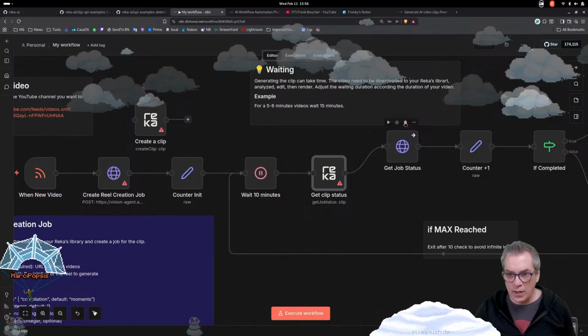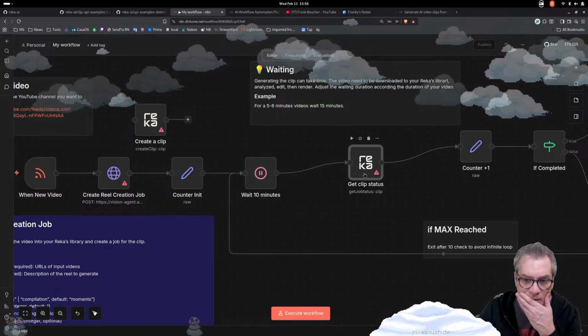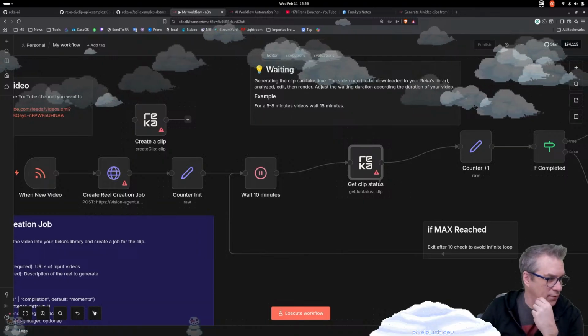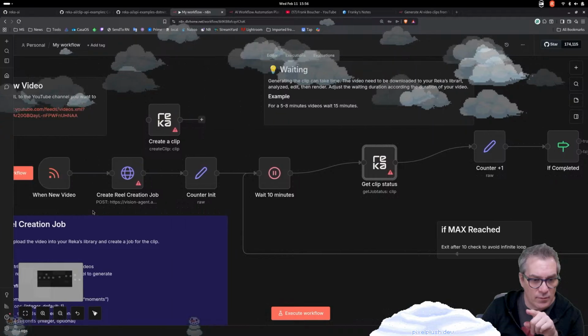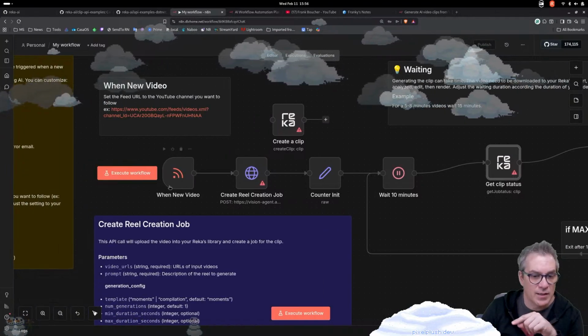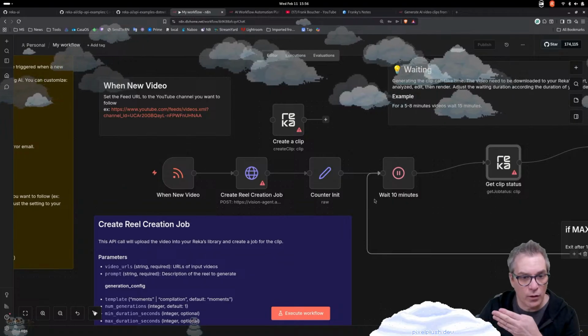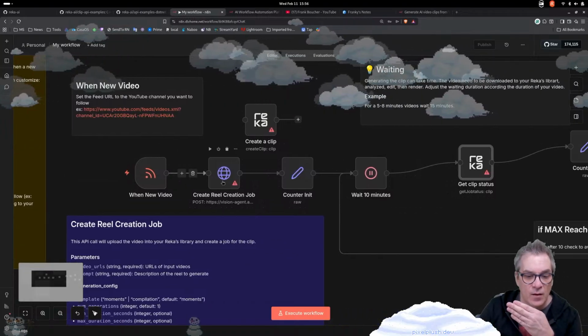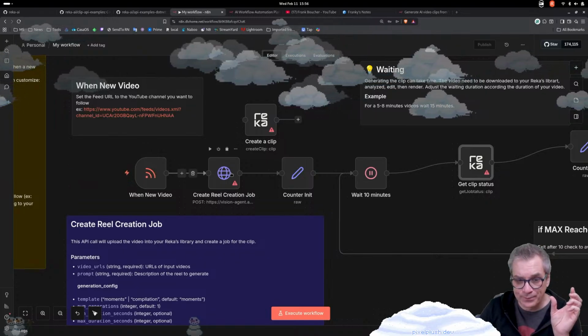I can remove that one. Now it's connected. It's complaining because I don't have the key. But every step, like right now the trigger is when there's a new video. So this will trigger the workflow. And when it triggers, it will have information about the new video.